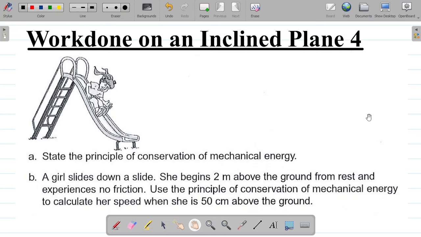Let's look at this question on the work done on an inclined plane. Okay, this question here from this diagram, part A says state the principle of conservation of mechanical energy. Then you have the B part here. But let's state this principle first, and then I'll try to explain it, and then we'll look at the